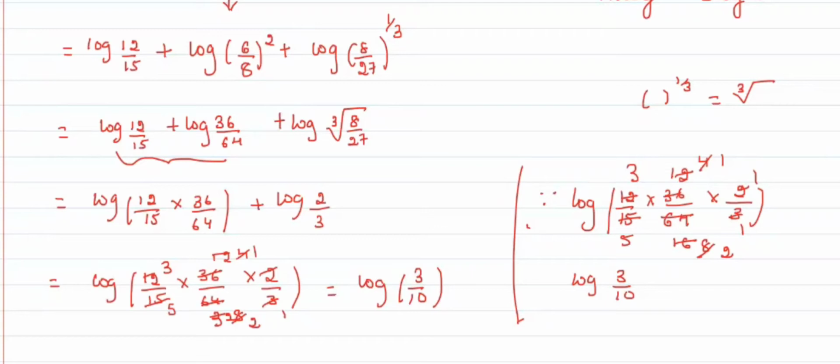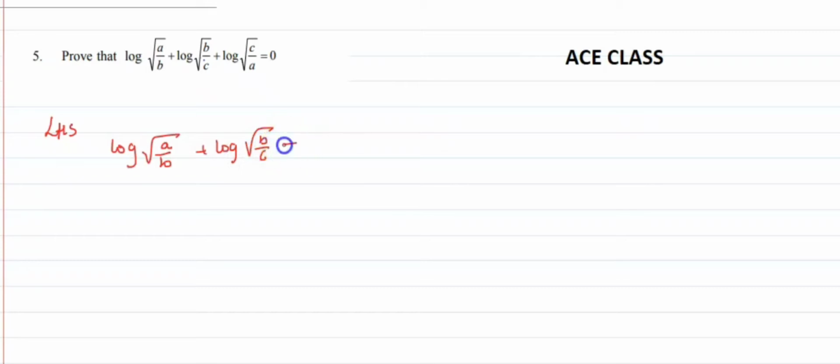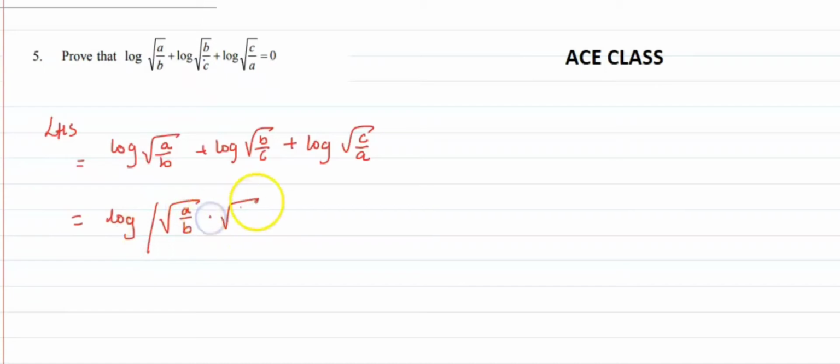Okay, now we will move on with the next question. Prove that log of root a by b plus log of root b by c plus log of root c by a equals 0. So consider the LHS, that is log of root of a by b plus log of root of b by c plus log of root of c by a. Log a plus log b plus log c can be written as log of a into b into c. So that is root of a by b multiplied by root of b by c multiplied by root of c by a. The indices are the same,